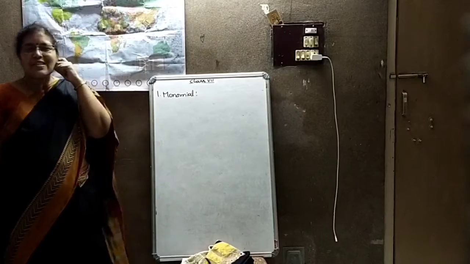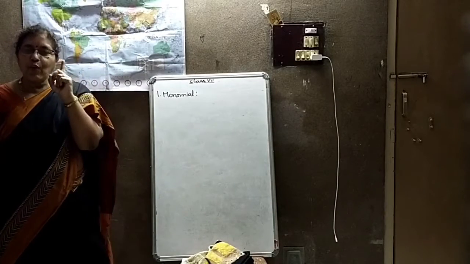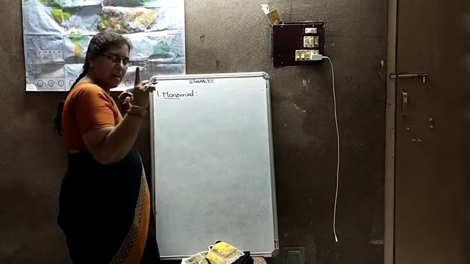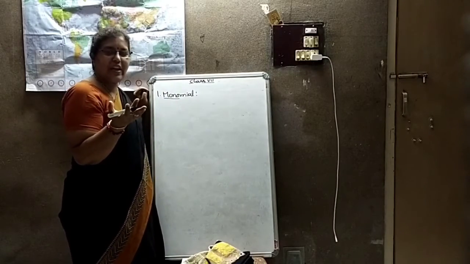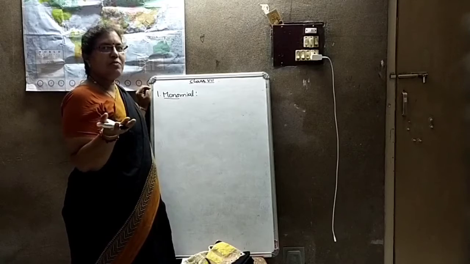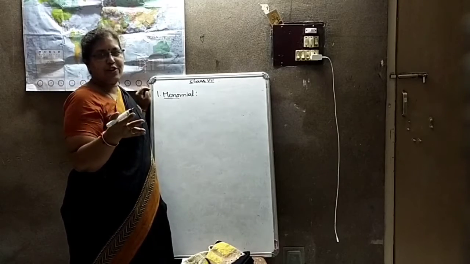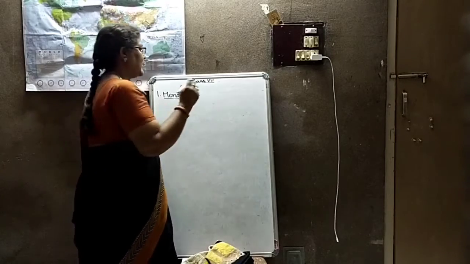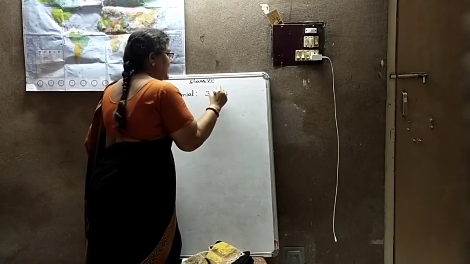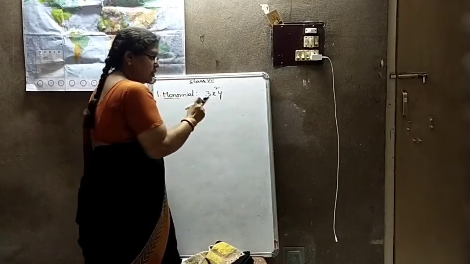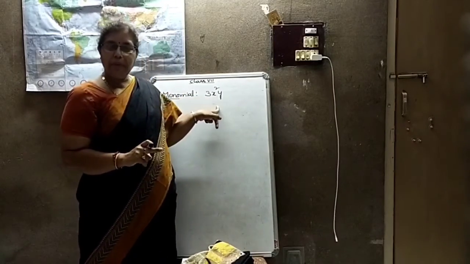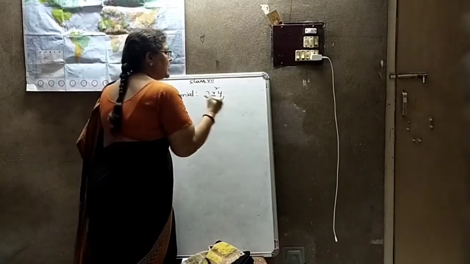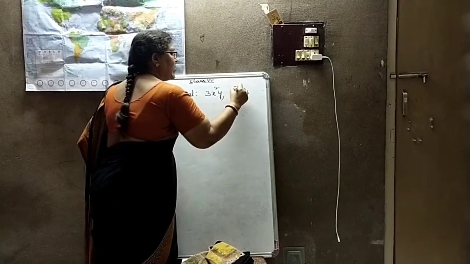If the algebraic expression has only one term, here mono means one. Mono action, usually we say, means a single person does the action. Mono means one, one term. Examples I will give you. 3x square by. This is one term because there is no plus or minus symbol between. It can be multiplication and division. This is a monomial, x square by y.